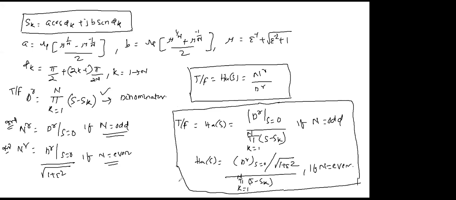Like in the Butterworth filter, all the poles lie on the surface of a circle. Can you comment on the Chebyshev filter? What type of shape will you get? Anyone? Whatever shape you get.